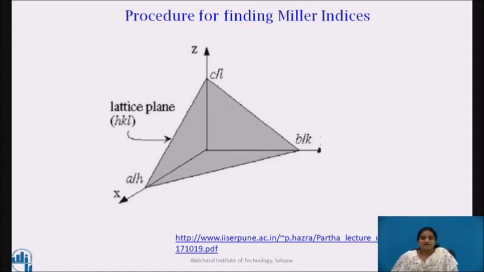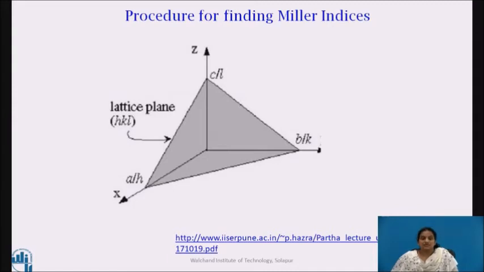So consider a plane of a family of similar planes lying within the unit cell and nearest to the origin. This plane cuts off intercepts equal to 1/h times a, 1/k times b and 1/l times c. This implies that the hkl plane divides a into h parts, b into k parts and c into l parts. Other members of the family cut off intercepts 2a/h, 2b/k, 2c/l and so on, so that the ratio between the intercepts is the same.